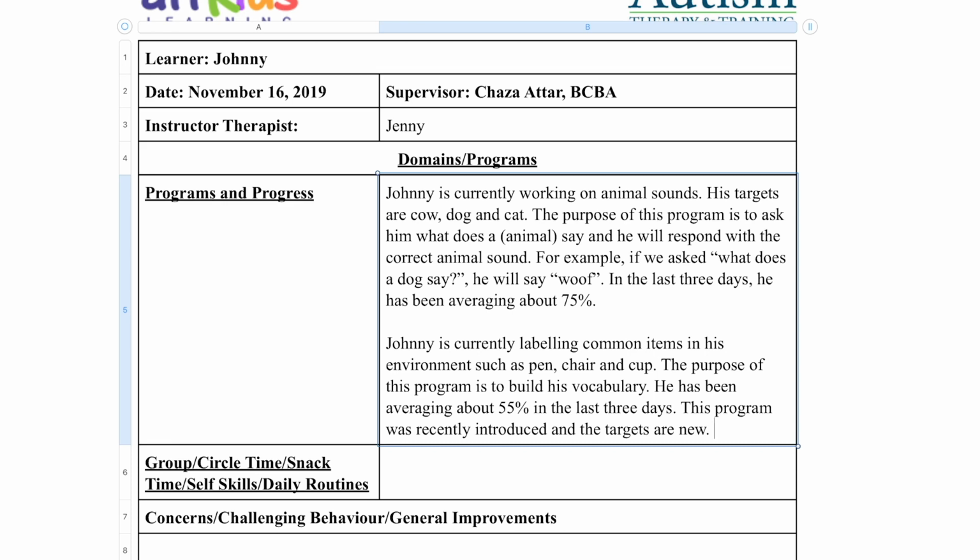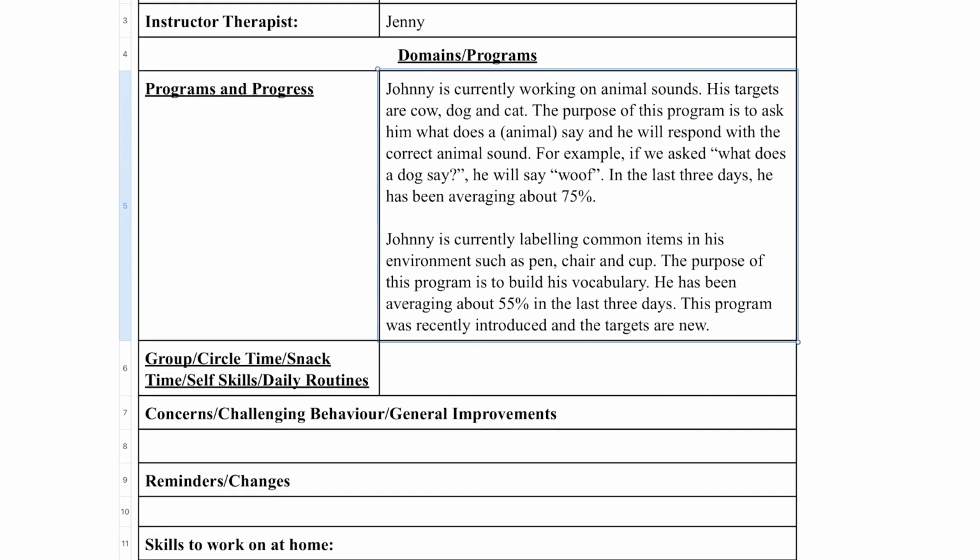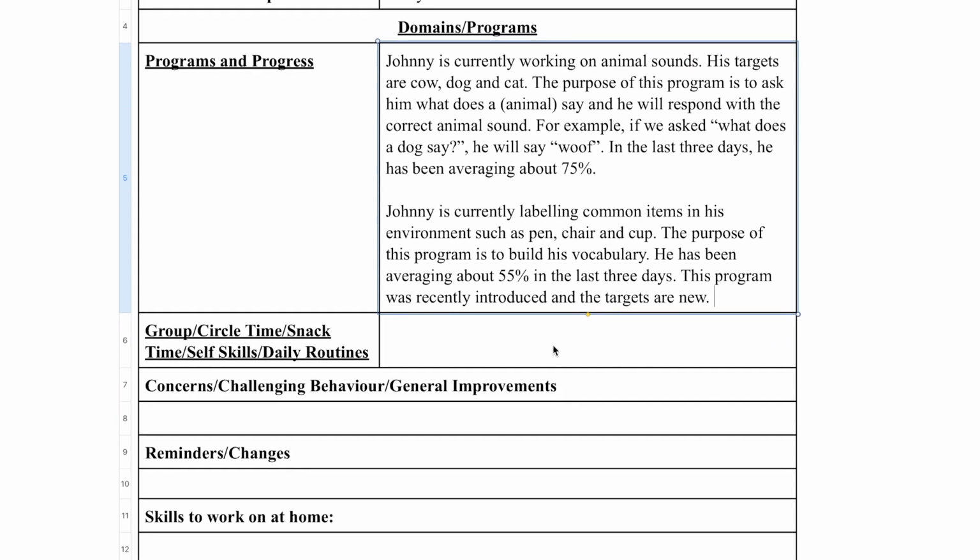So if you're doing cumulative data, then you may not see that gain right away. And so it takes a week or so before we can actually acquire some targets and that you can write that down. If the percentage is low, but it's been running for a while, then you might write something like, the program's been running for a couple of weeks and we've been talking to the supervisor about some revisions. Again, letting the client know that you guys are attending to the lack of progression or the slow progression so that something is happening.